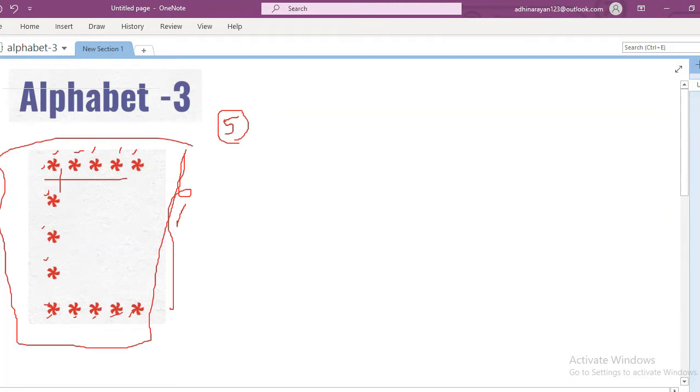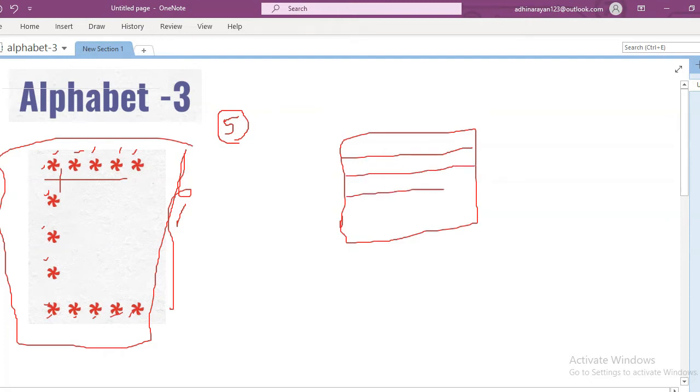Before that, we are going to convert this pattern into rows and columns like this. Here how many do we have? 1, 2, 3, 4, 5 rows.